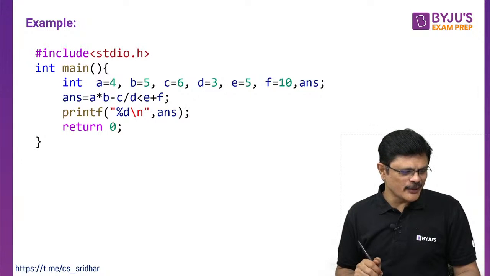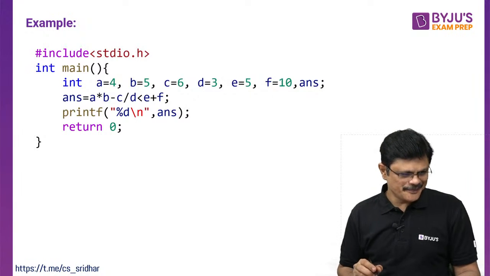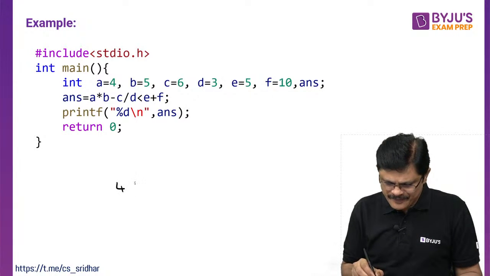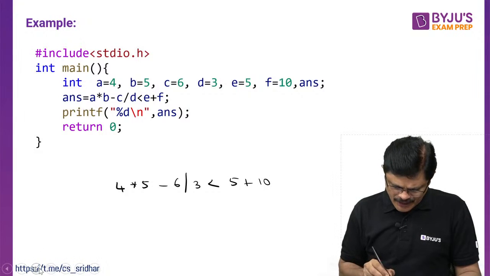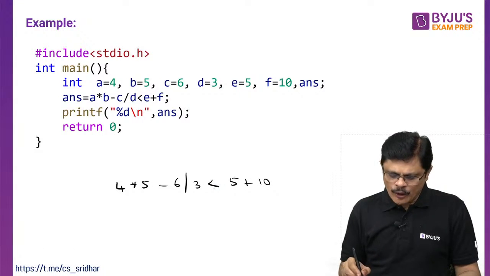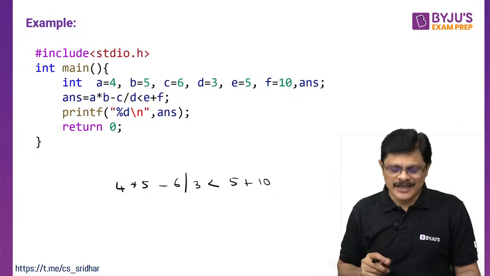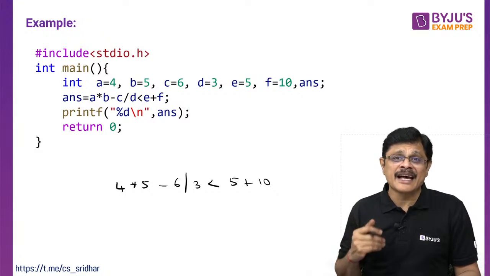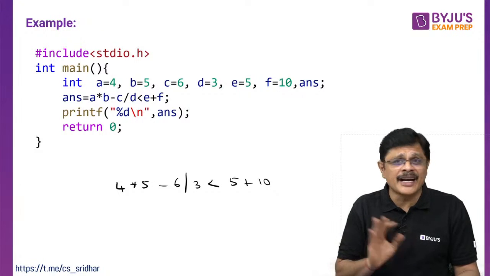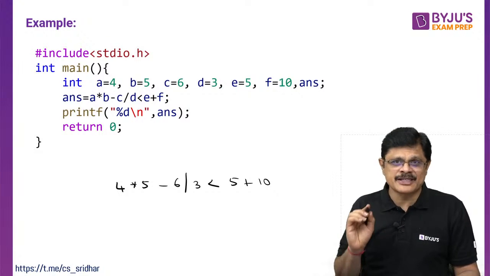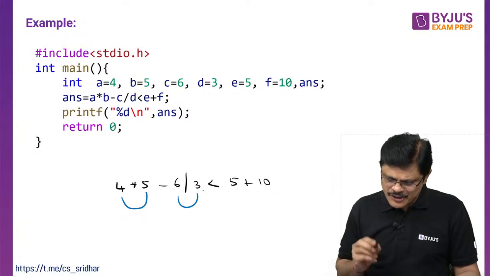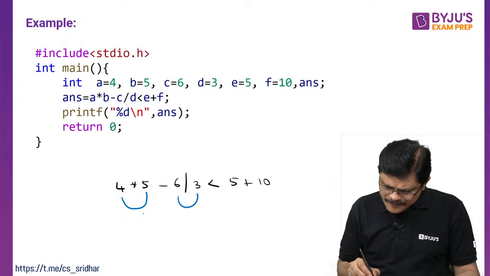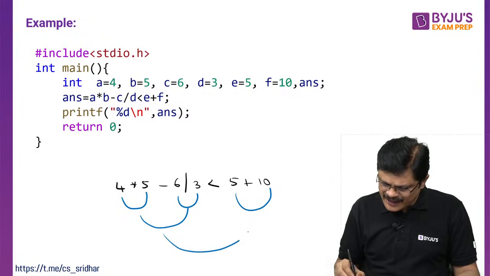30, Vengideshan is very quick to answer this, he says 30. Let us see this: A4, B5, C6, D3, less than 5 plus 10. Now here, the precedence of operators. Out of all this, which is having the lowest precedence? Less than is having the lowest precedence. The remaining are multiplication and addition operators. Please note that. Now this one is having the highest precedence. First you do this, after that you have to do this, and finally you have to do this, my dear friends.